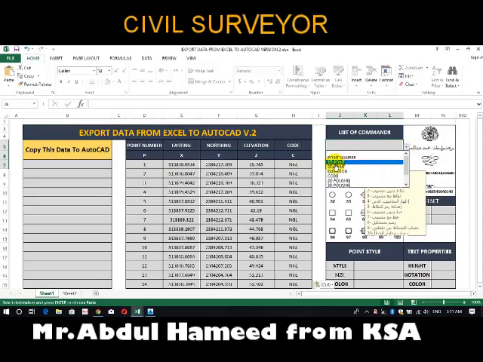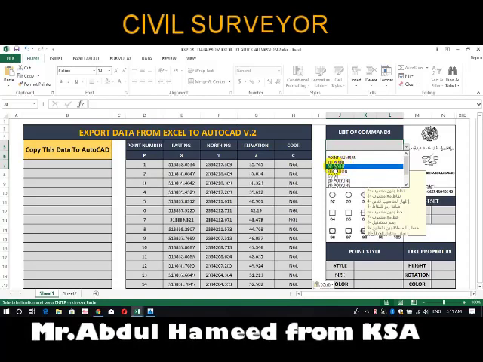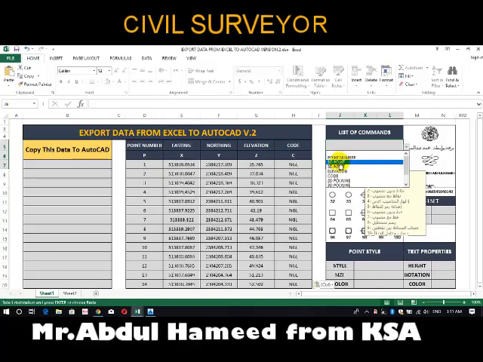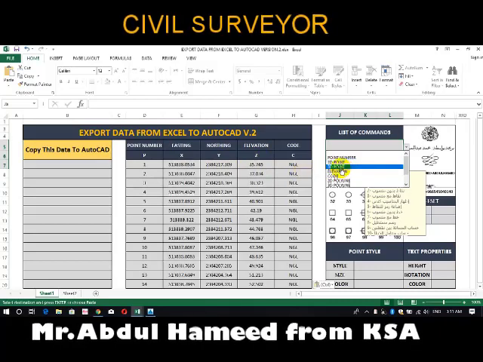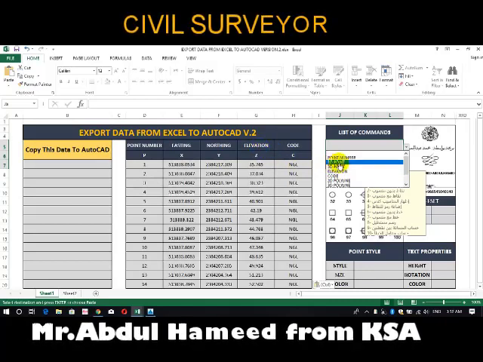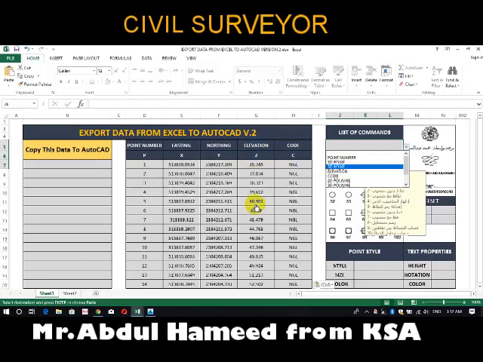Now I'm going to start with the second function, 2D point. And my friends, as you see, you have 2D point and 3D point. So what is the difference between 2D point and 3D point? Usually for 2D points we use X and Y only. For 3D point we have to insert elevation, so we cannot use 3D points if we don't have the elevation. Now I'm going to start with 2D point. I could start with 3D point because I have the elevation, but I will start with the 2D